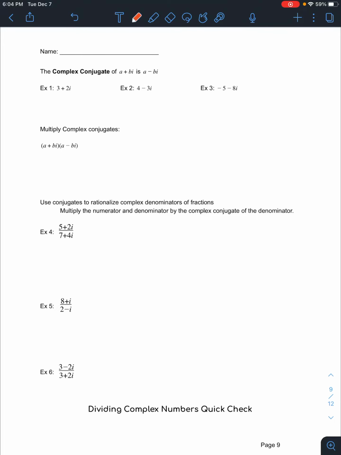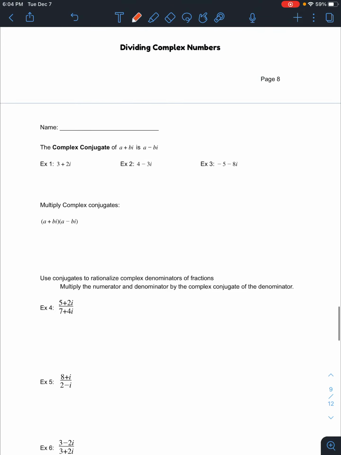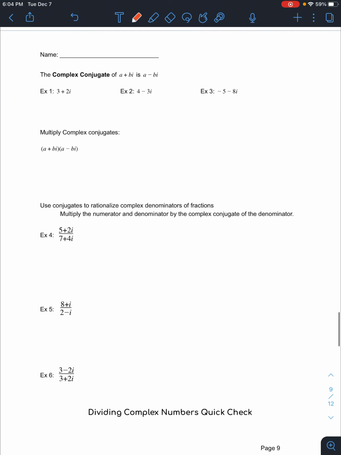Hey guys. All right, today you will be dividing complex numbers, so your title should be at the top of this next page. So the first thing we want to talk about is the complex conjugate. And complex conjugates of complex numbers, if our complex number is a plus bi, the complex conjugate is a minus bi. So what we're doing here is we're taking the opposite